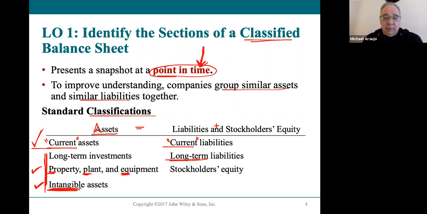They do, and you need their permission to use it. So these are very, very important assets for companies. But again, some companies have them, some companies don't. The last category or classification of assets that